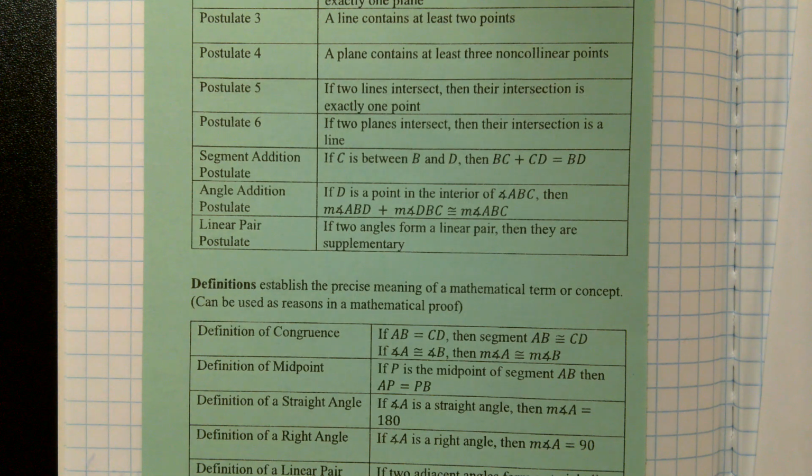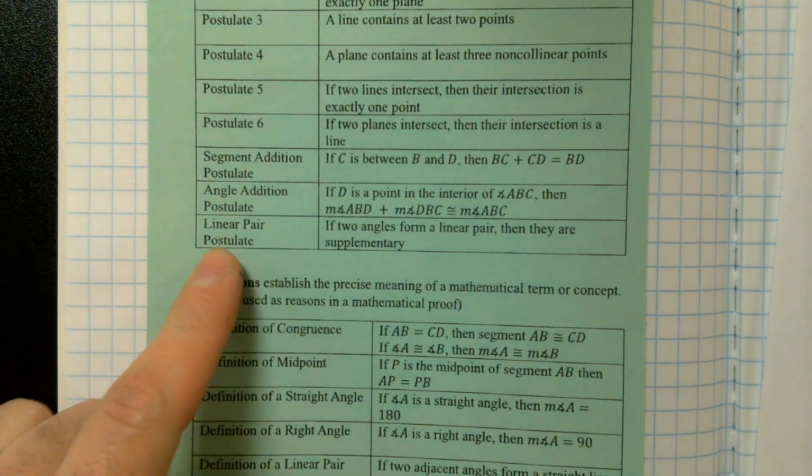Right? Give me a thumbs up if that makes sense, that first one, or that second one. It's the same thing as the line segment, just in angle form. It's basically saying if I have some angle measure in the middle, then the two parts make the whole. If I have some point in between, not necessarily directly in the middle, then the two little parts add together and equal the whole. Self-explanatory, but we're going to need it.